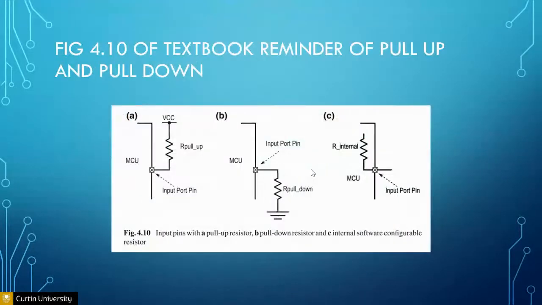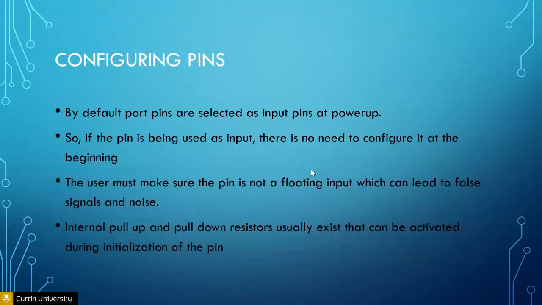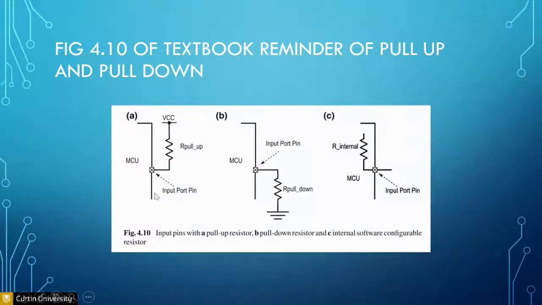Okay, this one. By now, I do not know whether you've learned about pull up and pull down configuration. I hope you've done something on this. By default, pull up configuration means if you don't touch anything to do with this pin, it will be 5 volts. This pin is normally 5 volts,